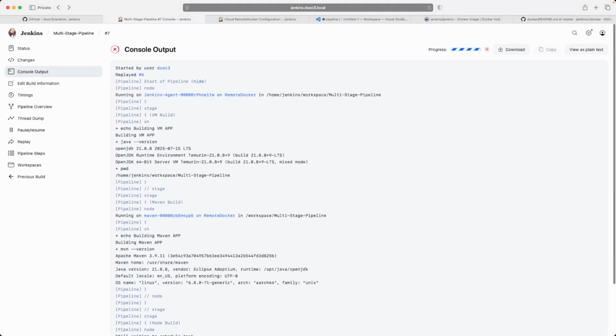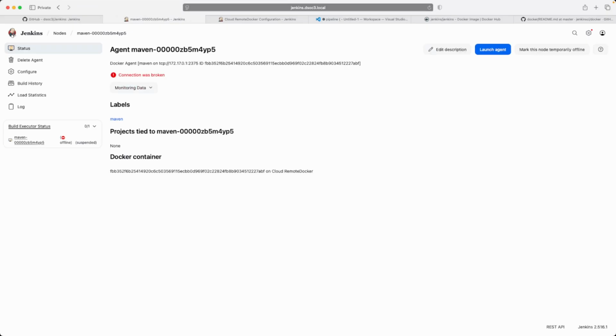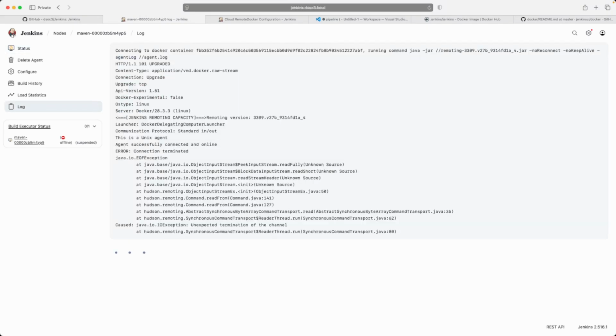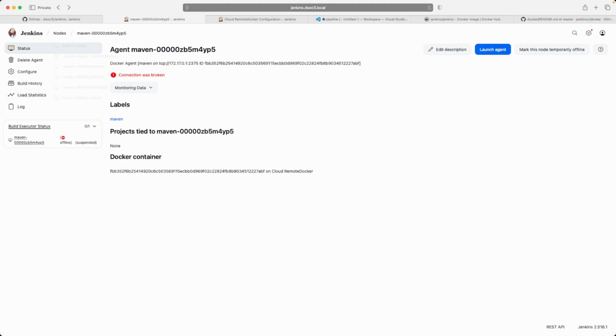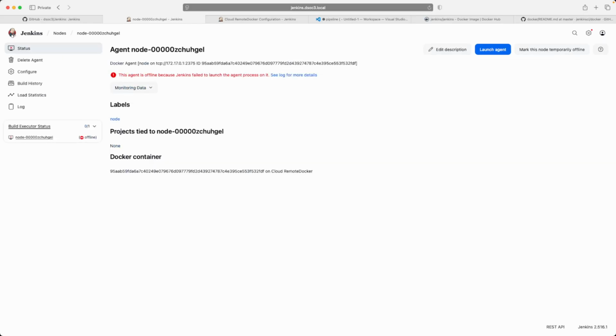You could see these are just temporary agents. Before the first one starts or is executed, I'll explain the pipeline as well. The second one is in the Maven container, and if you click over here, you get more information regarding this. In case you need to troubleshoot, you could do it like this. Go and see. So this is the node, right? The current node which we are actually accessing at the moment,